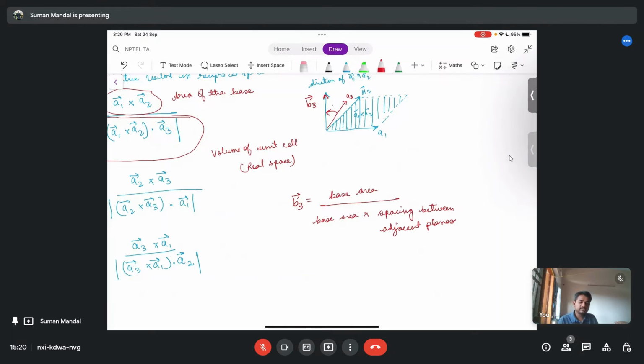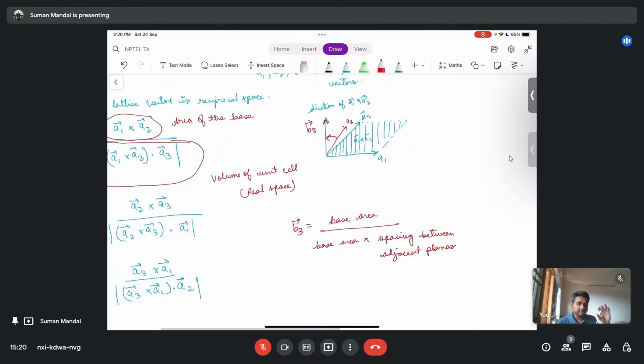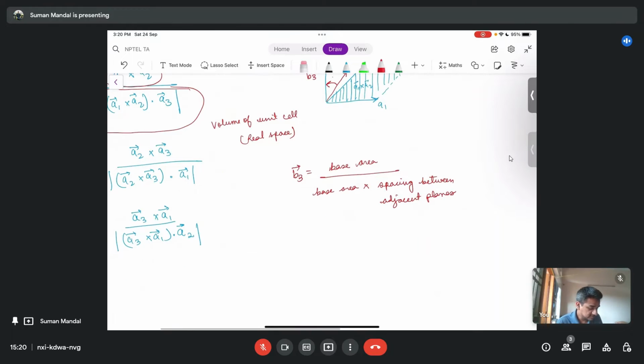And we know that the shortest distance between two planes is the perpendicular that we can draw between them, which is basically the height, or the planar spacing between these two planes. And so b3, if you take the modulus, and also there's a direction, because I didn't write it in the modulus form, so the unit vector